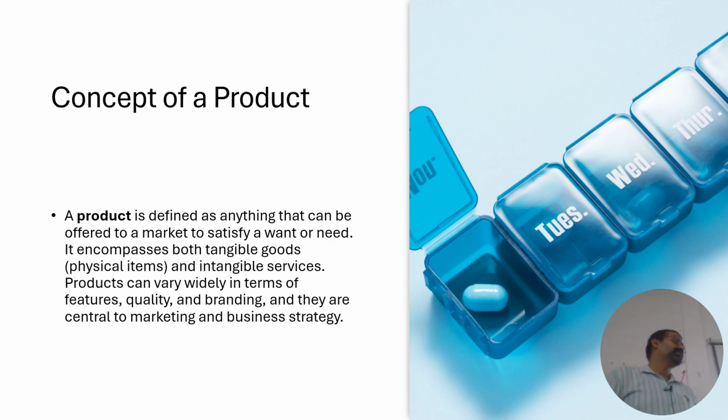Right? My uncle, my father's brother, he bought a cell phone and he says the camera quality of this cell phone is excellent. I bought this cell phone purely for the camera. But camera is not the purpose of the cell phone, is it? The reason why people use a cell phone is to make calls and receive calls, send text, be in touch. But camera is an added feature, isn't it?